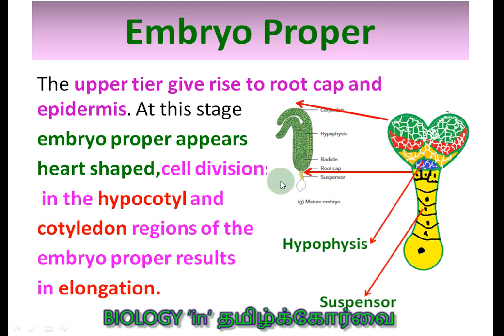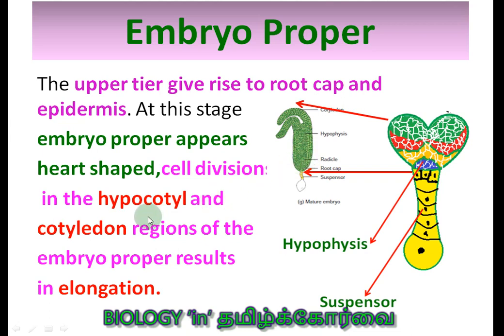So this only enlarges into this embryo, students. This is the suspensor region. This is the hypophysis. Hypophysis is present at the radical side and it forms the root cap. You see here the root cap is formed. This is the radical and here are the cotyledons. There are two cotyledons and this is the plumule. This is the region where the plumule is formed. So this region can be compared with this region, and this green colored portion is going to become the cotyledon.